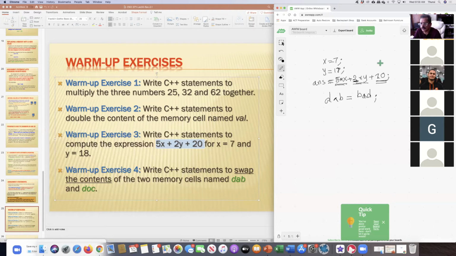Anybody has a solution? All right, yeah, that's a little bit challenging. So let me go ahead and explain that. These two memory cells, dab and dog, have some values, and we need to exchange them or swap them, but we don't want to erase any of them. So dab and dog. So what you need to do is,